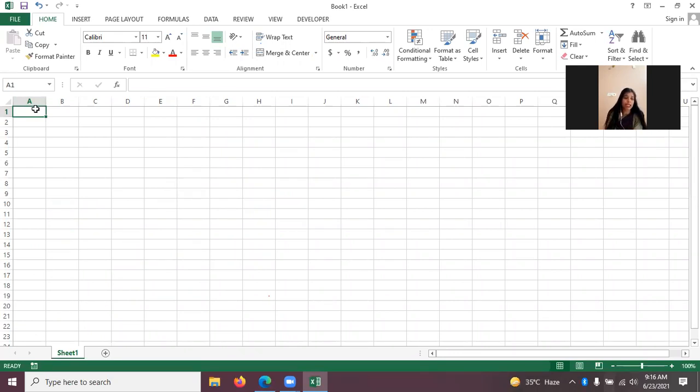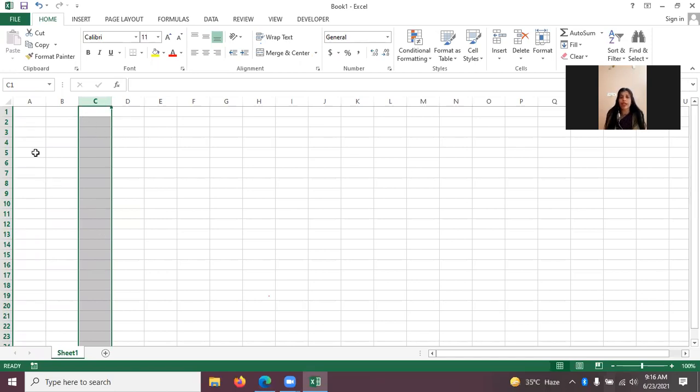Page number 60 is telling about how to select a particular column or a particular row number. If I want to select a particular column, like column C, what I have to do is go to C and click on it. See, the column has been selected, right? The complete values written inside column C will all get selected here.